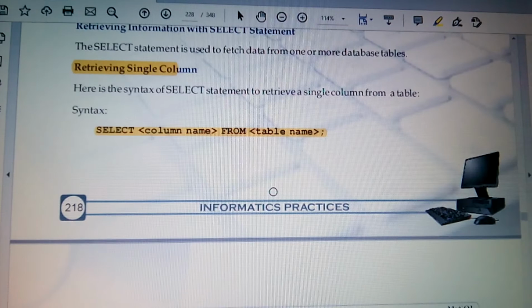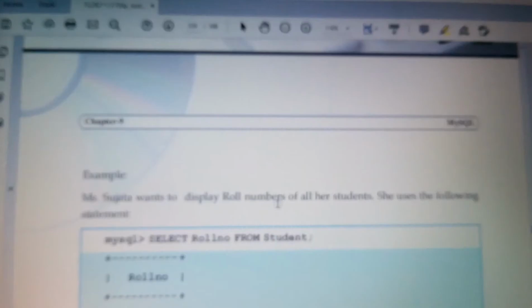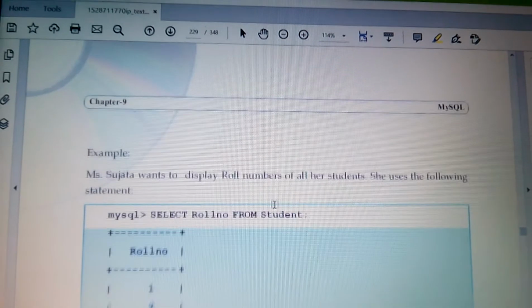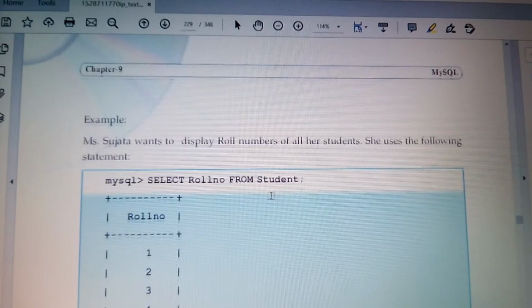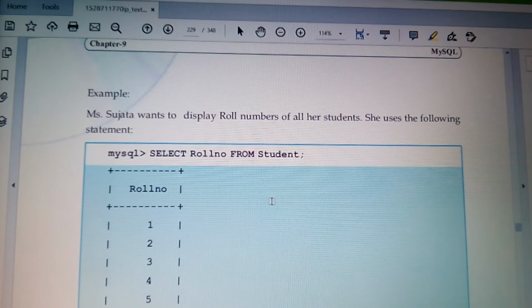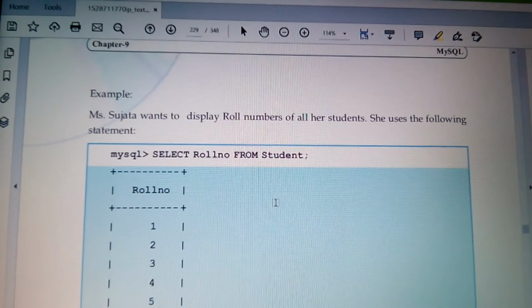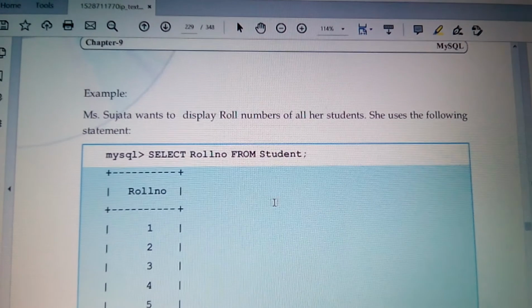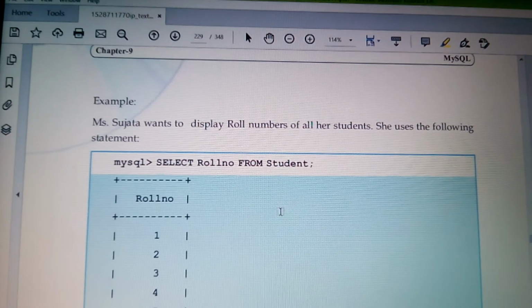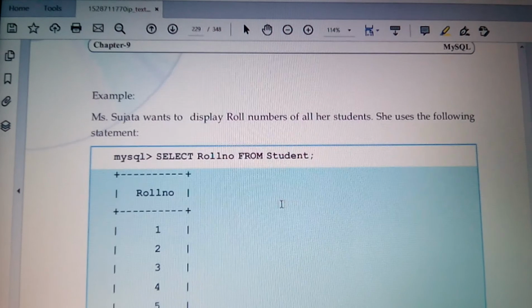Just have a look at its example. Suppose we have a table named student, and in that student table we have four columns: roll number, name, gender and marks. Suppose I want to fetch the roll number column. As per the syntax I will write select roll number from student.